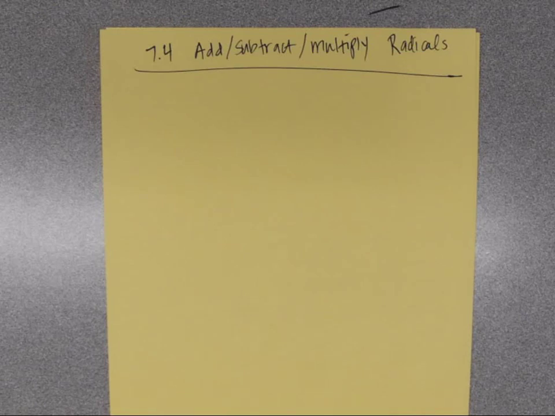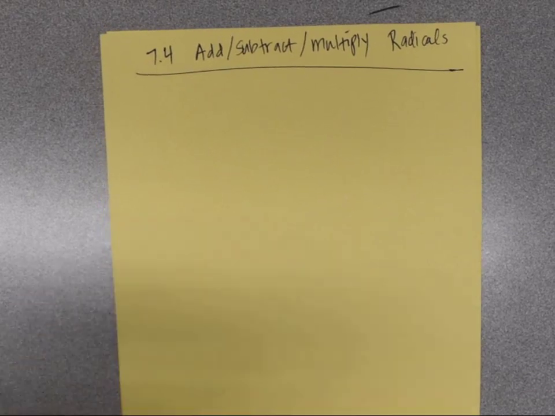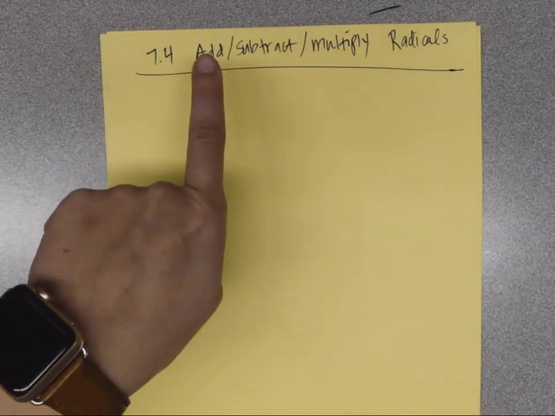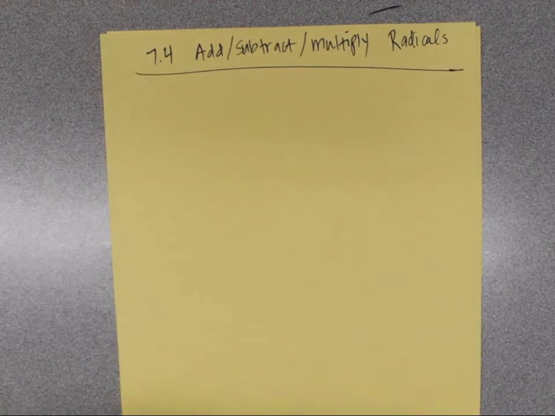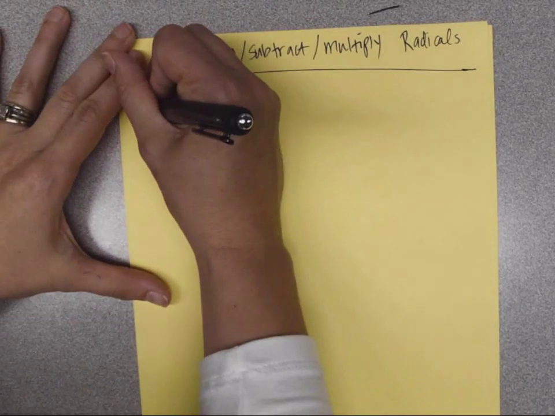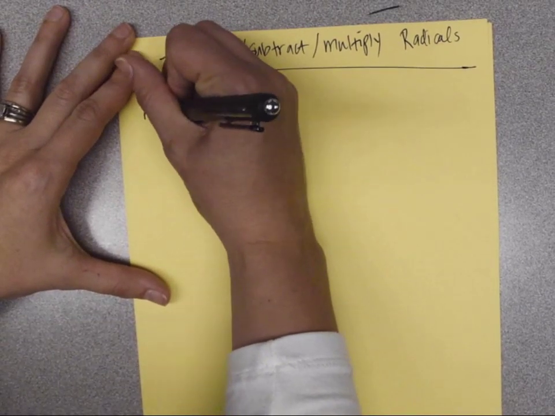Okay, in this video we are going to talk about operations with radicals. Again, remember radicals are like square roots and cube roots, and we are going to learn how to add, subtract, and multiply them. So we're going to start off with adding, subtracting, and then at the end we will get to multiplying and